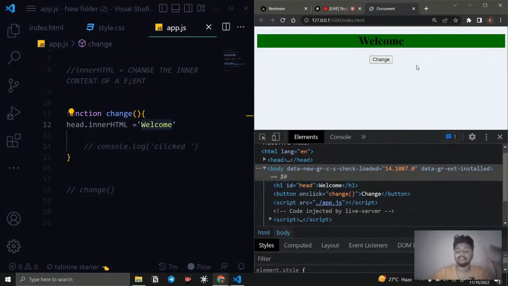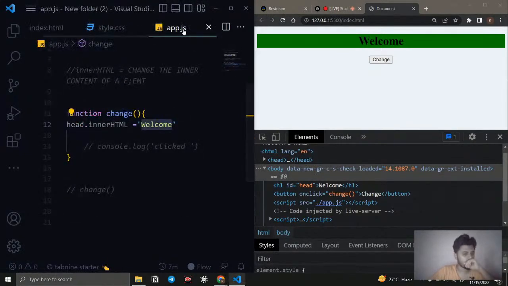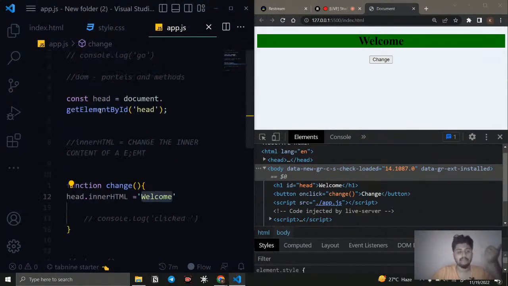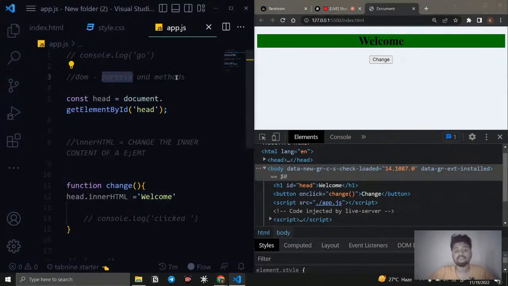This is exactly what happened on the Dribbble website. If someone clicks that, you can see the h1 gets changed and the paragraph gets changed. How does the paragraph get changed? Simple. You need to create a paragraph, grab it and store it in a variable, and then change the inner HTML to whatever word you need to display. If someone clicks this, it will get changed. And how is the background property changed? For that, I already mentioned we have so many properties and methods.